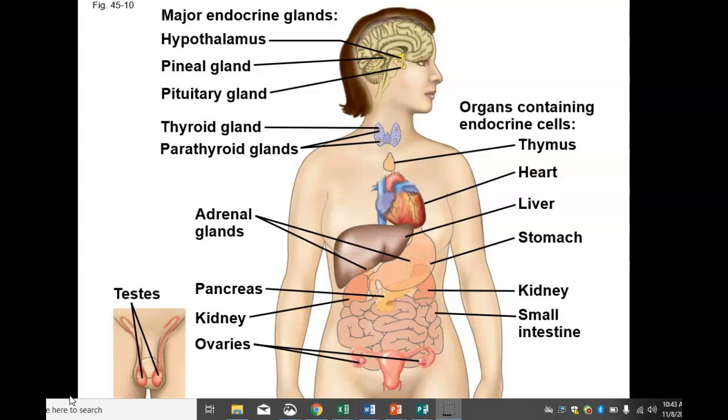The endocrine system oftentimes uses hormones, which are communicating molecules, in order to send the signal throughout your body. And that's called endocrine signaling, which we've talked about. The endocrine hormones are typically released through endocrine glands, which are ductless organs throughout your body. Most of the major endocrine glands are located in this diagram.